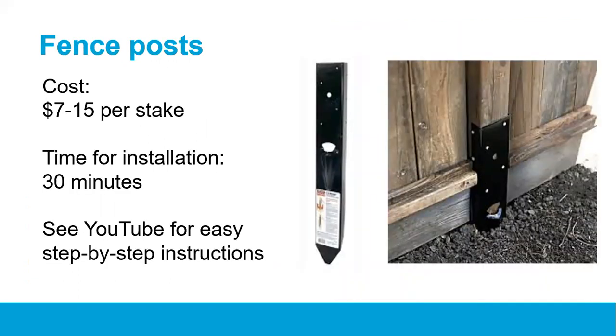Also, take a look at your fence. If you have a steel or metal fence, it's not going to have gotten much damage over the winter, but wood fences, depending on if they've settled and if water's accumulated or if any ice has gotten in there and expanded, some of the posts and slats could be cracked. Instead of